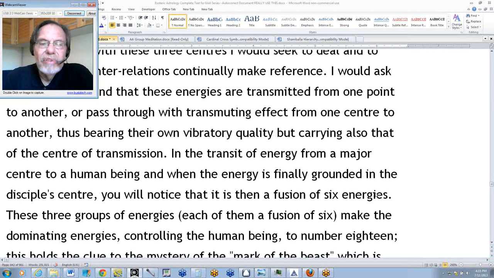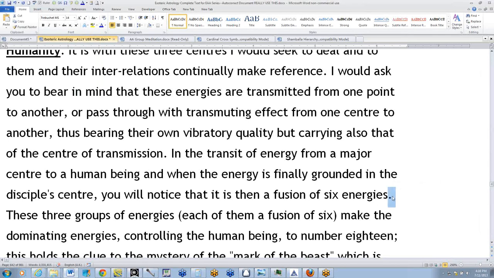In the transit of energy from a major center to a human being, and when the energy is finally grounded in the disciple's center, you will notice that it is a fusion of 6 energies. Well, before we get into exactly what Master DK says, we do have to note